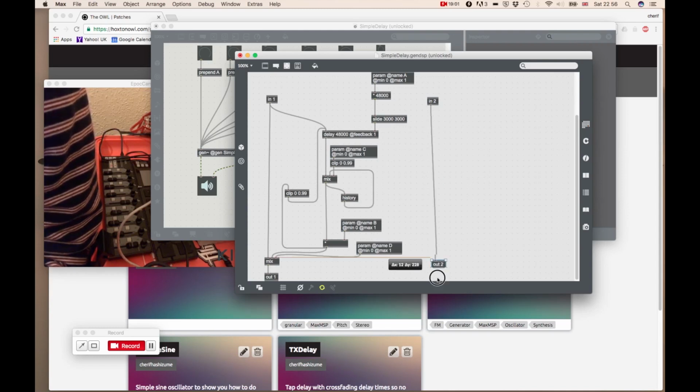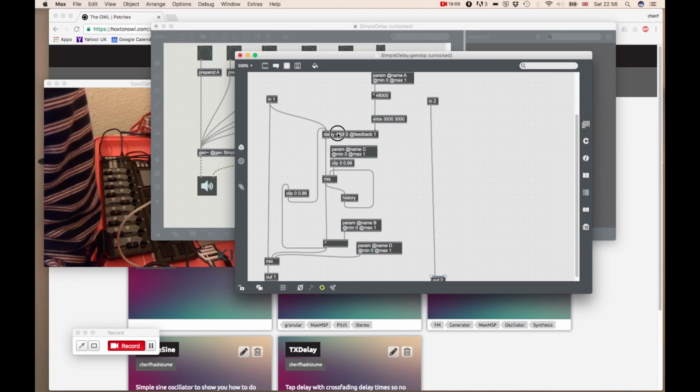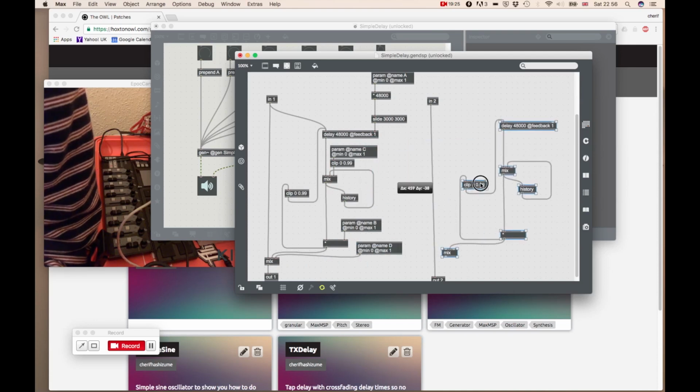So what we need to do, because OWL is a stereo channel, is to duplicate this and move it over here,